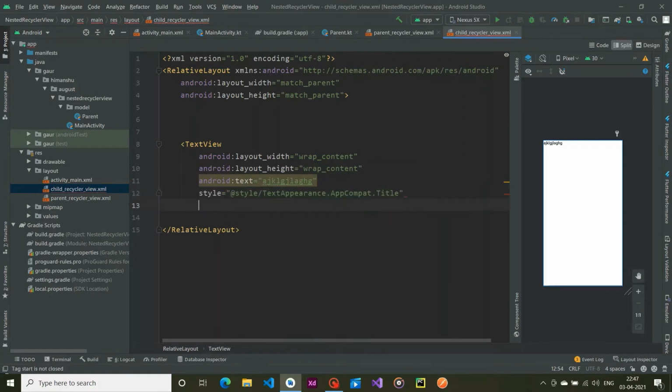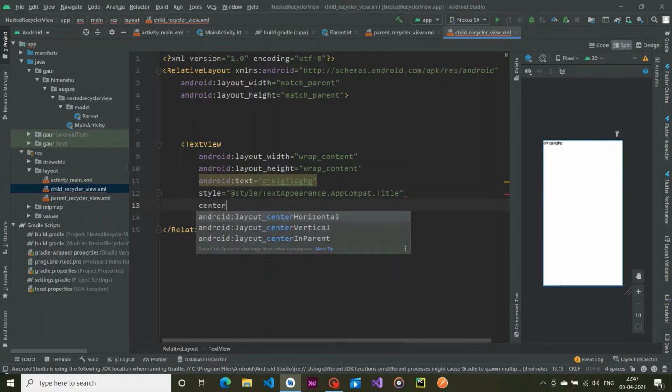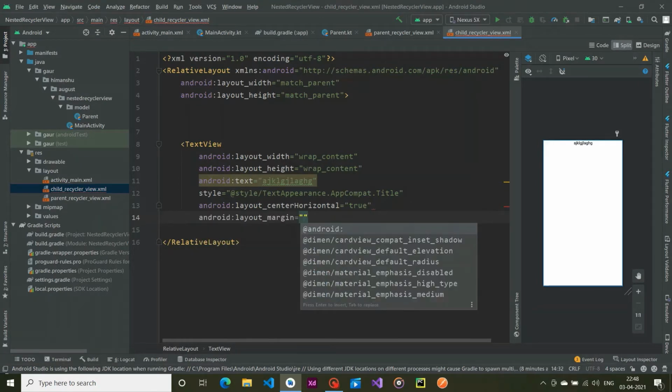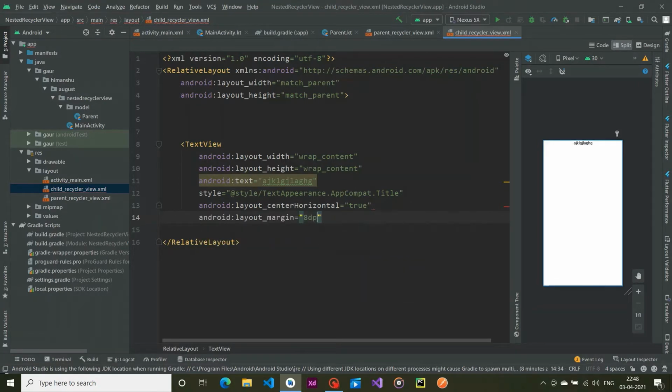So I am going to give the style TextAppearance.AppCompat.Title in order to make it appear very well to the user. And after that, center horizontal, which is true, and I am going to provide some margin, and I think 8 dp is more than sufficient.